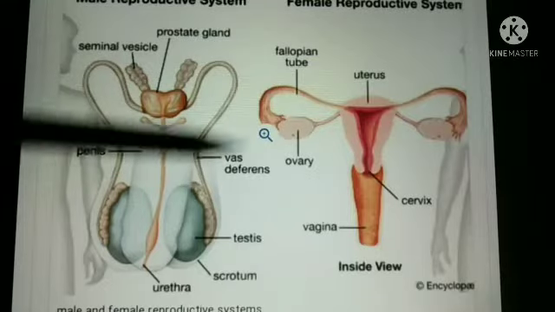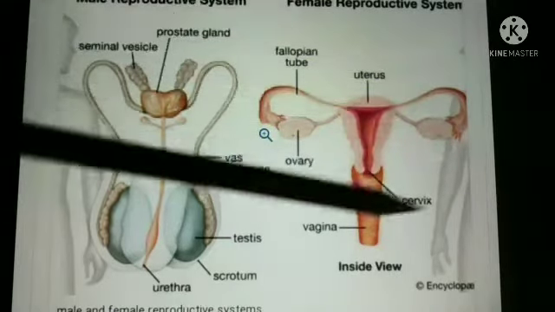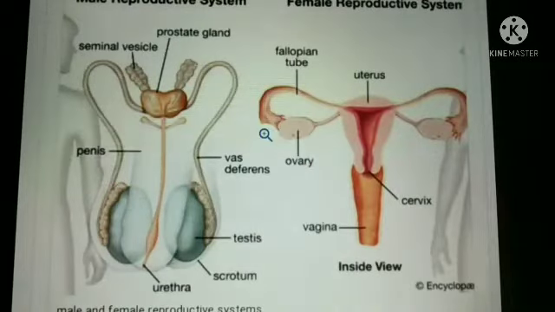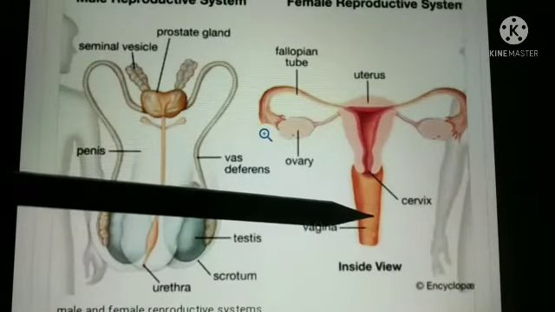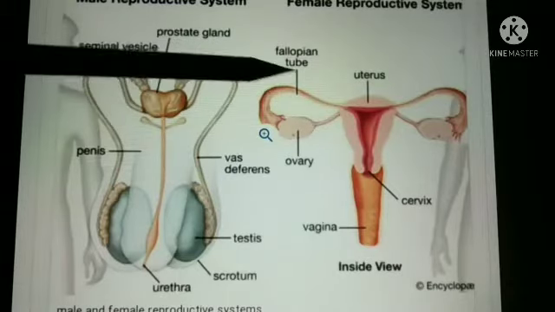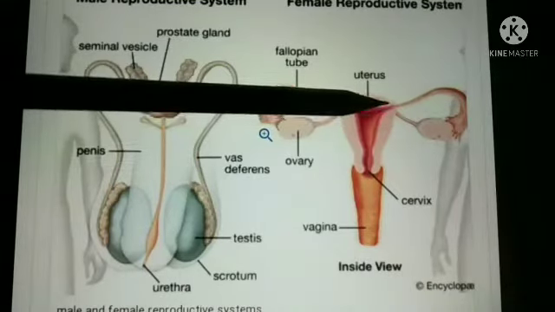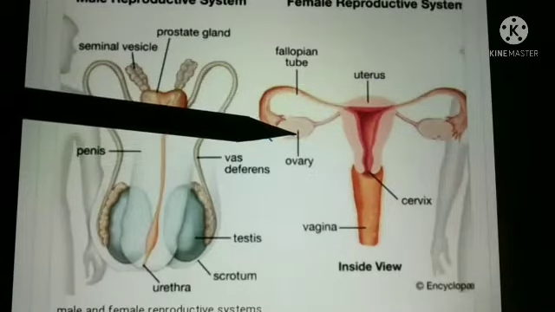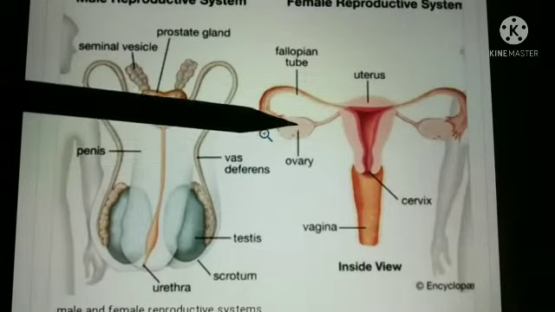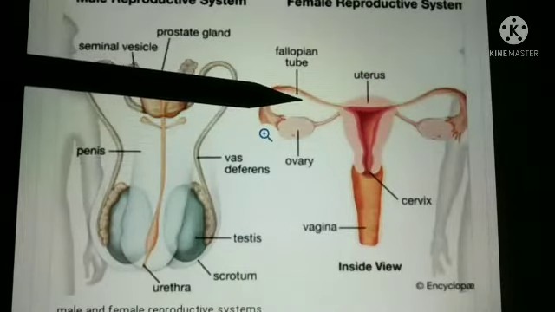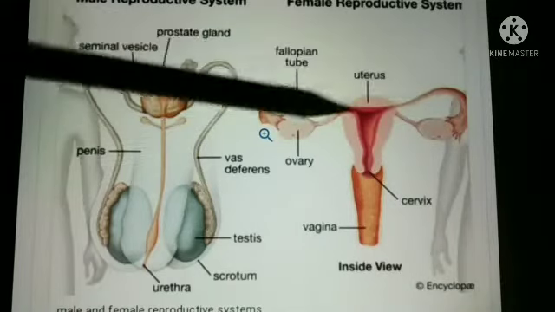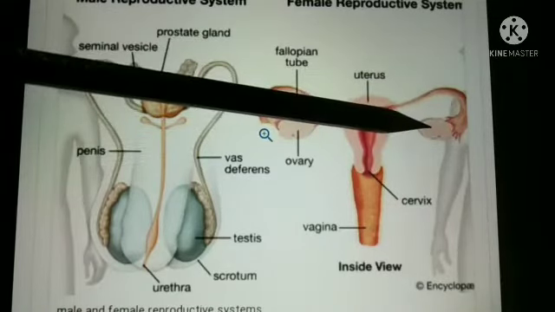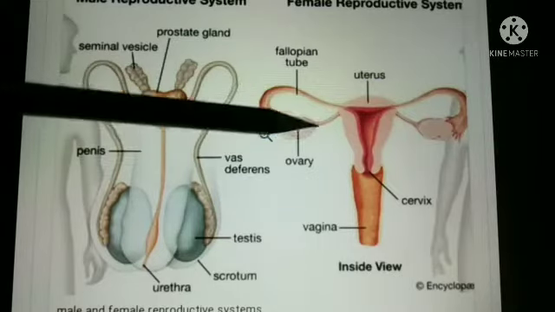So this was about the male reproductive system, and now we will discuss the female reproductive system. The female reproductive system consists of a pair of ovaries, vagina, fallopian tubes on both sides. Next, uterus. What are ovaries? Ovaries are the two organs on either side of the lower abdomen that release an egg cell on a monthly